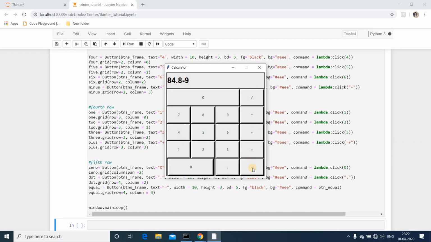Now I'll click on equals. Whenever I click on this equal button, the eval function computes the arithmetic operations and gives the result.